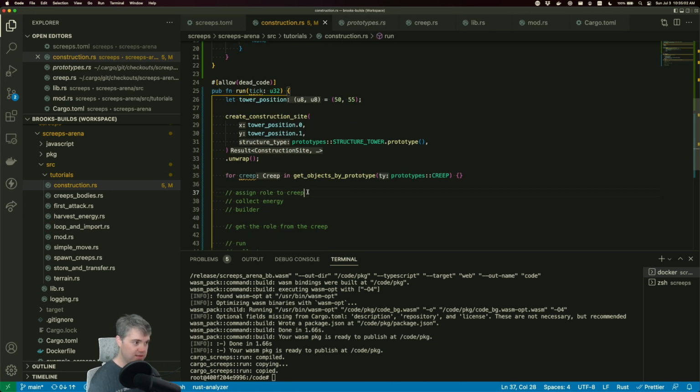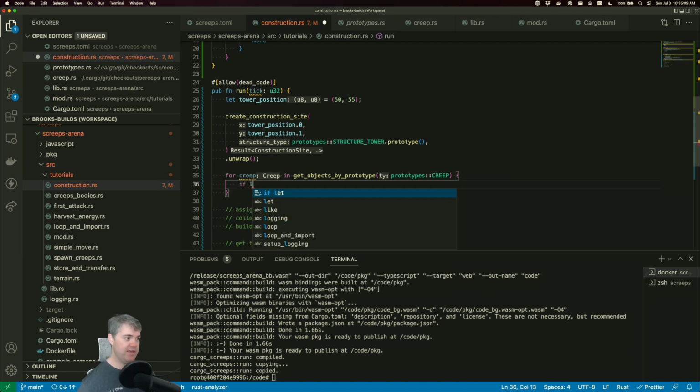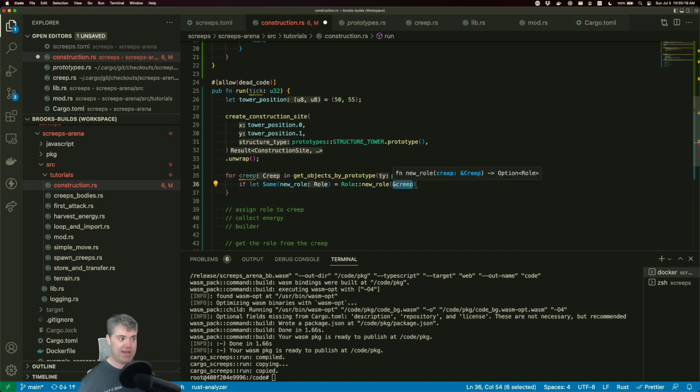So for assigning a new creep, let's get the new role. So let Some(new_role) equals Role::new_role, pass it in a reference to the creep. Okay, so at this point in time, we have a new role and we want to assign this to the